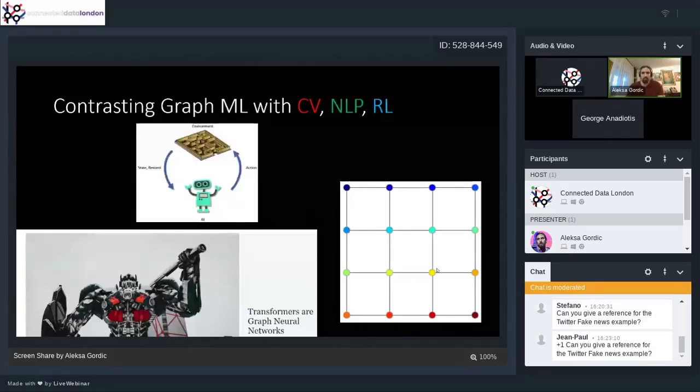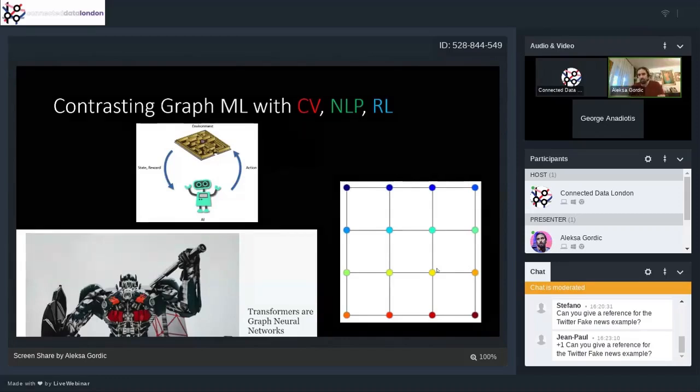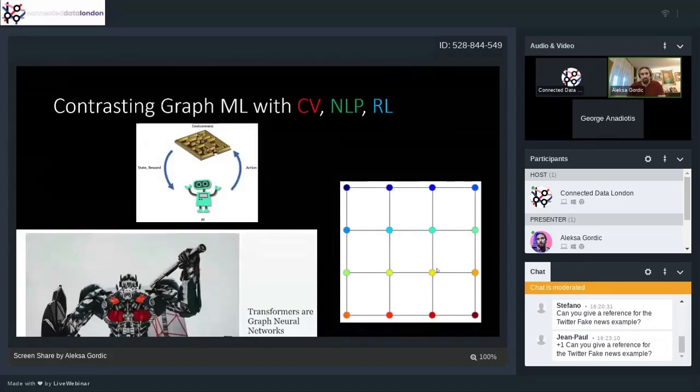And finally, reinforcement learning. Now, this may be strange for some of you, why I'm mentioning RL here. Basically, RL can leverage any one of these advancements. It can leverage advancements in computer vision. It can leverage advancements in NLP. The reason I'm mentioning it is that the scope of applications for RL is currently pretty narrow.